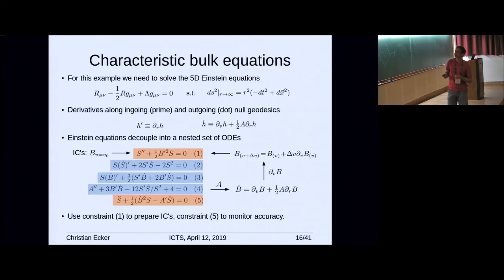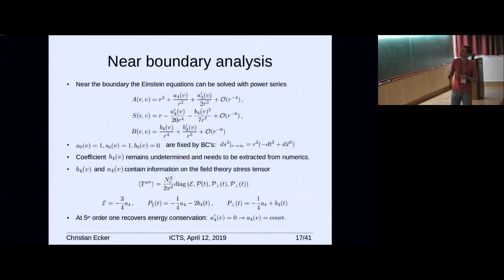Importantly, this first equation is a constraint equation, as I already told you. It's necessary to prepare consistent initial conditions. And this fifth equation is also not needed for the time evolution. It's just used as a constraint, so you plug in the solution that you get at every step and then check how well this is satisfied. This you can use to monitor the accuracy. Okay, I'm very bad in time, so let's get a little bit faster here. So now as a next step, you